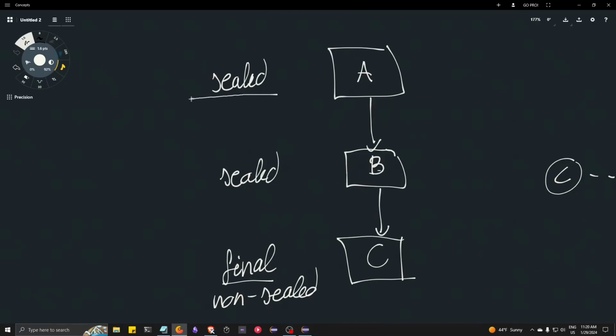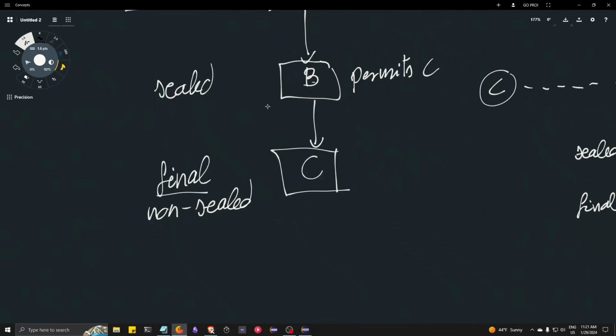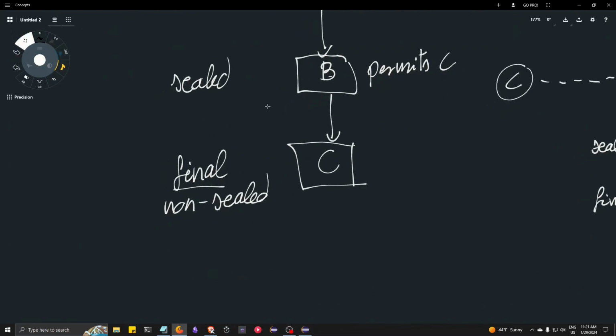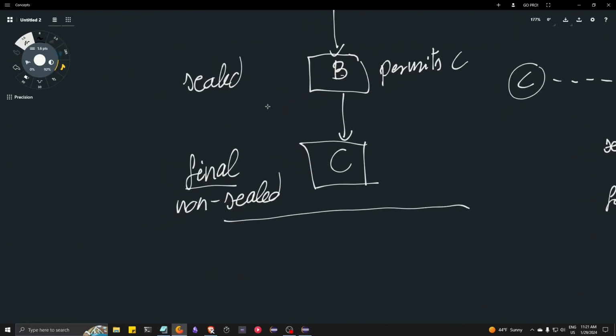If you create a sealed class, then you can specify that it permits other classes. But in this case, I only permit B. And then we have another sealed class. It can also permit other stuff. Permits C. So we can create this kind of a chain. But with any chain, it's not a loop, but it's a chain, you have to have an end to it. Somehow you have to finish it off. So you can either finish with a final class or a non-sealed class. If it's final, then the chain is over. It has ended. If it's non-sealed,